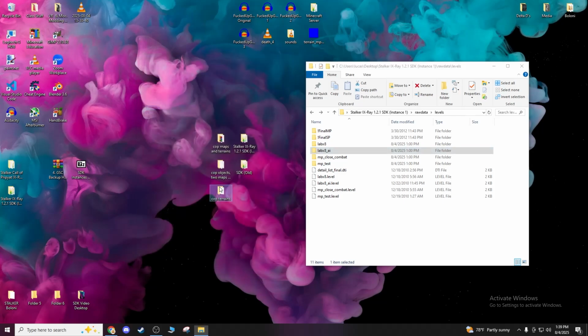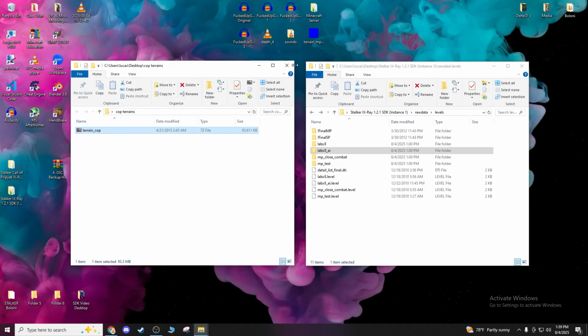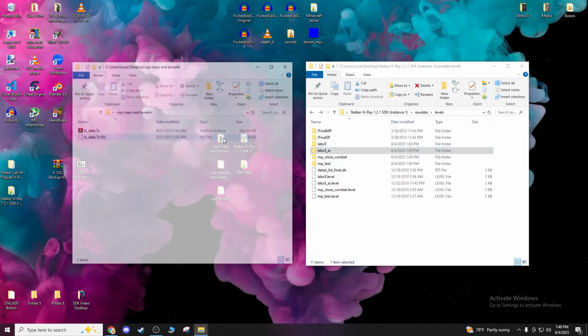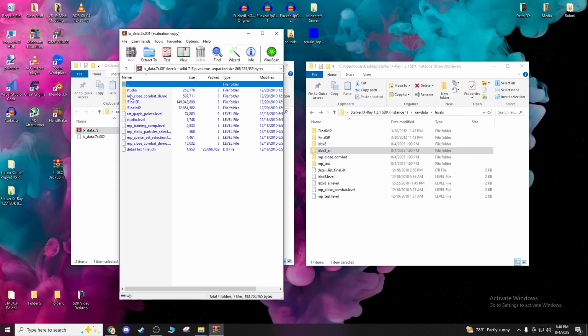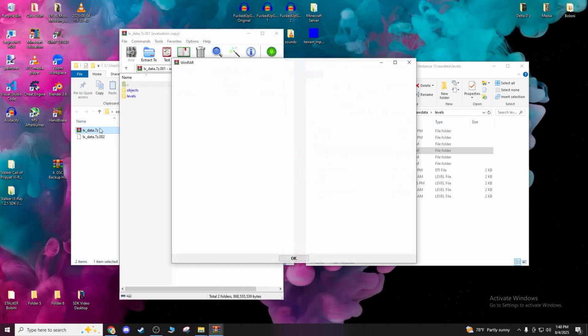Let's look at another file and see if we can find it. Terrain. This doesn't look like it. Keep this in mind though. It's pretty important. Is it maybe levels? Final multiplayer. Yeah, this looks like the one we're after. In this case,